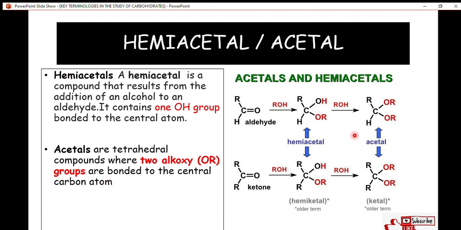So in order to differentiate hemiacetal from acetal group, for the hemiacetal we have one OH group and one alkoxy group, so one hydroxy group and one alkoxy group. But for acetal we have 2 alkoxy groups with no hydroxy group. So that's the difference between a hemiacetal and an acetal bond. All right, okay,